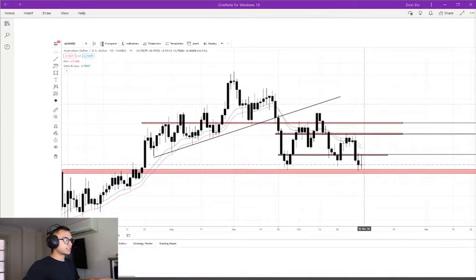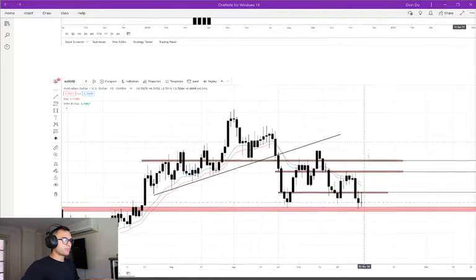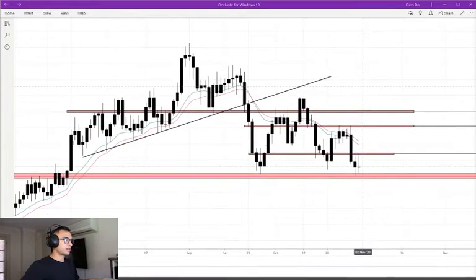So heading down into the daily, we can see that price has been ranging from here to here, about 250 pips. I wouldn't exactly call it a range, but I mean, it's a big range. It's going through multiple levels. So I've drawn out my levels here, and what we can see price doing is, again, there was